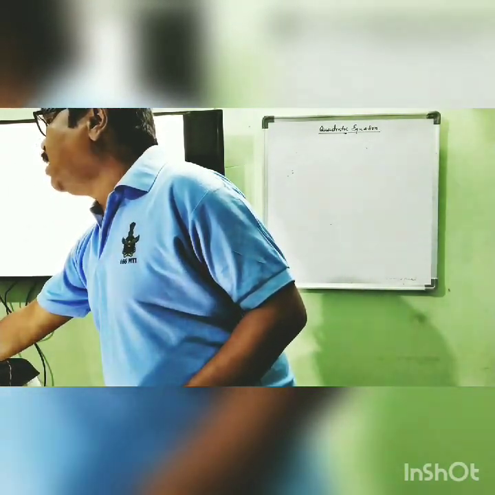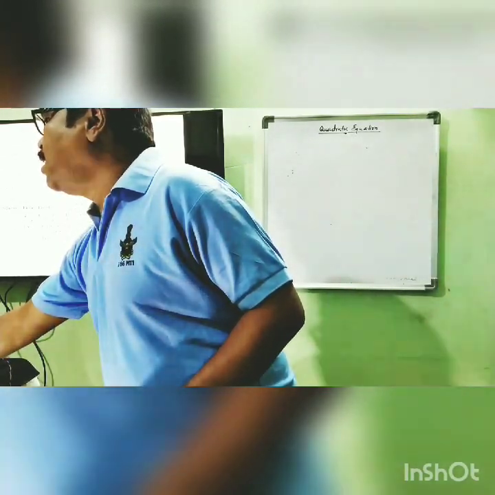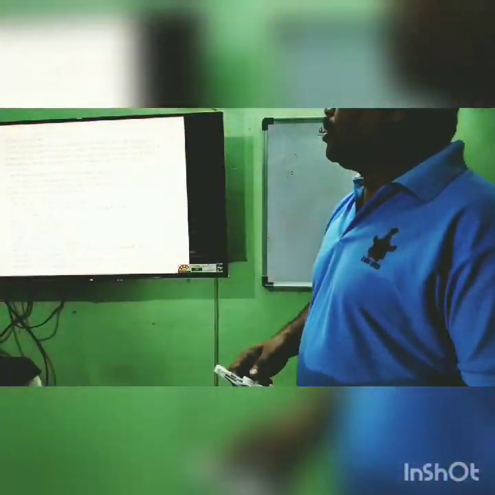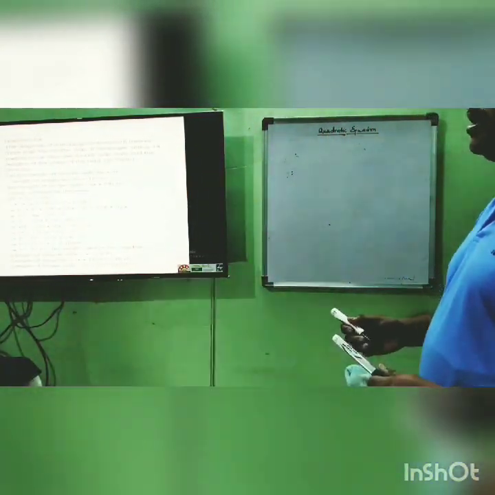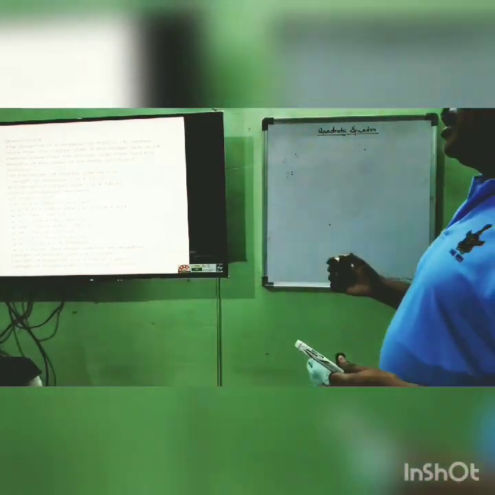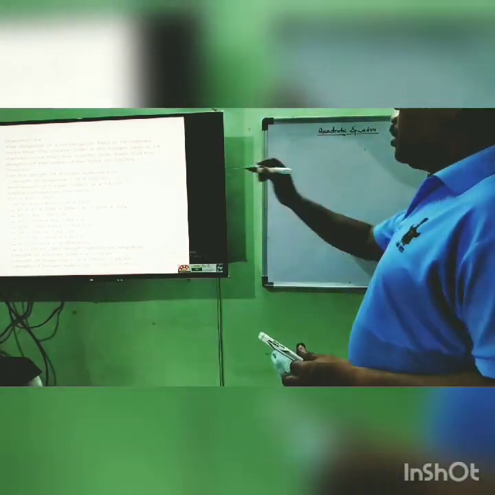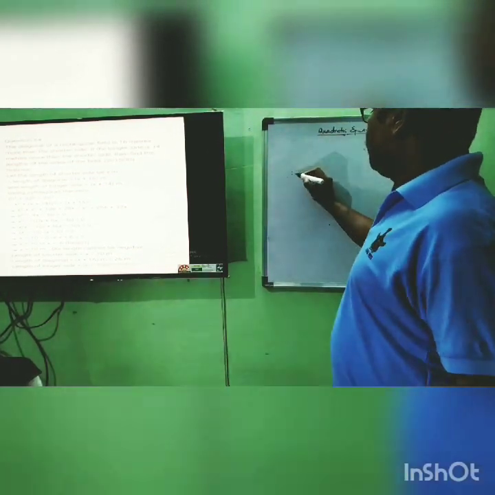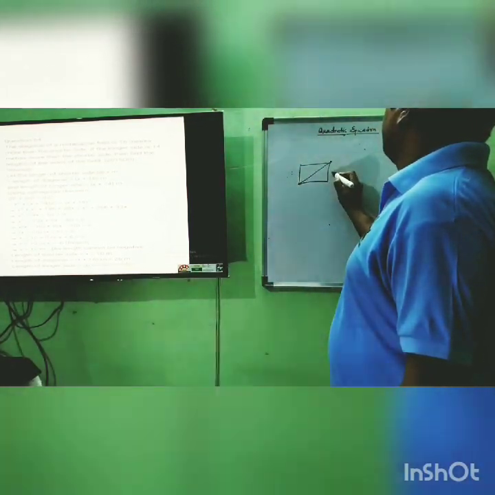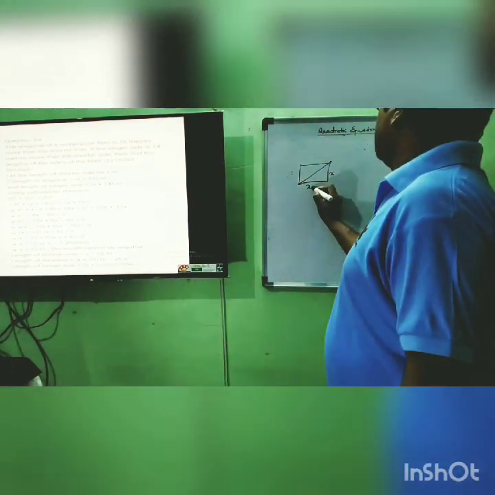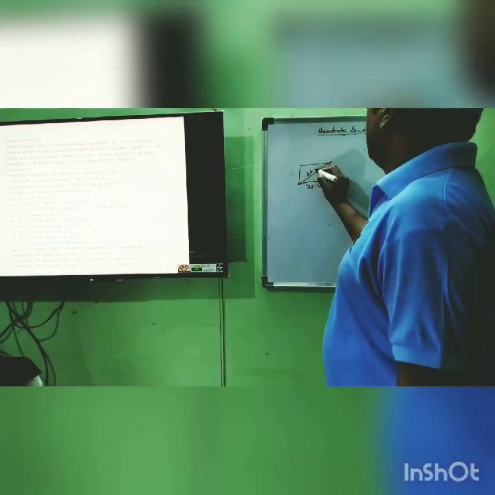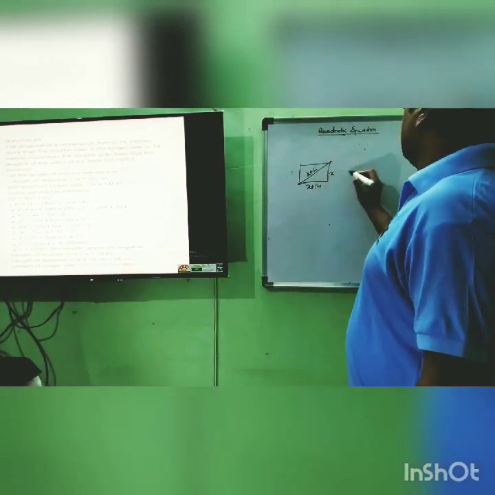Let us see this type of question. See, one question: the diagonal of a rectangular field is 16 meters more than the shorter side. If the longer side is 14 meters more than the shorter, find the length of the sides. This is a 4 marks question from 2015. So you should know this is a rectangle. They have given the shorter side, the longer side is 14 more, and the diagonal is 16 more.